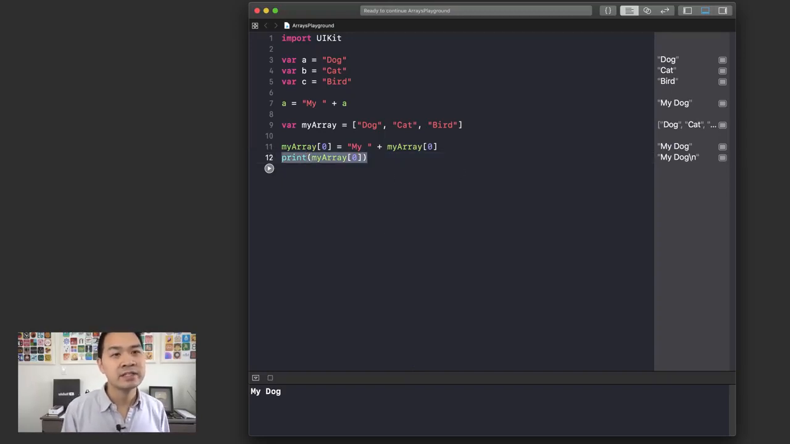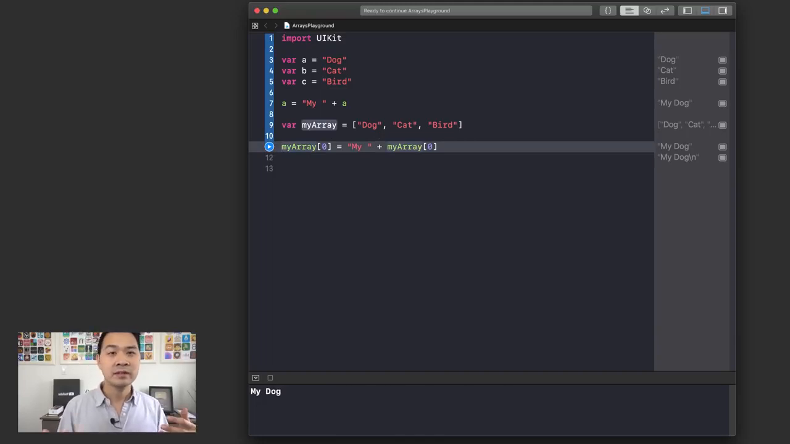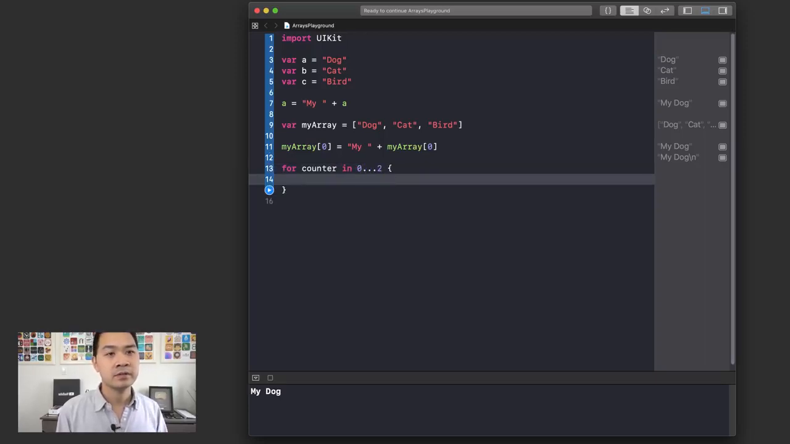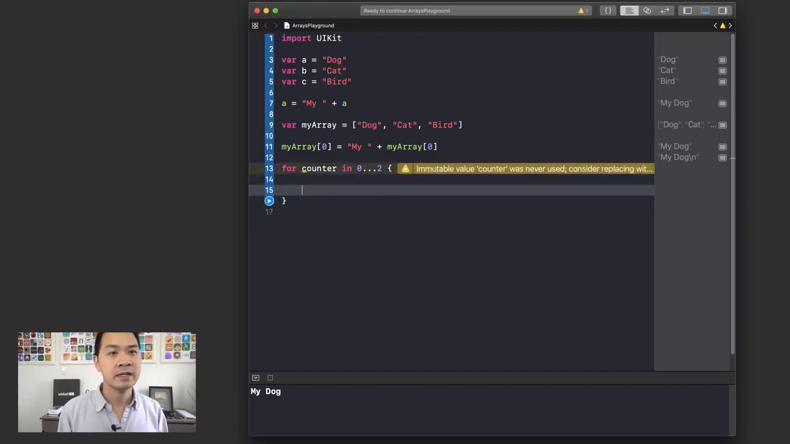I mean, I'd have to write this line 3 times or however many times, for however many pets I have. So this is where it gets really powerful, because you can use loops we learned way back then in conjunction with arrays. So let me show you how that works. So for example, let's use a for loop, or a for in loop, I mean. Let's say there's a counter in 0 to 2. Right, so now I can say,